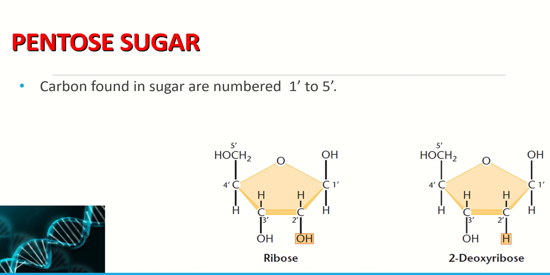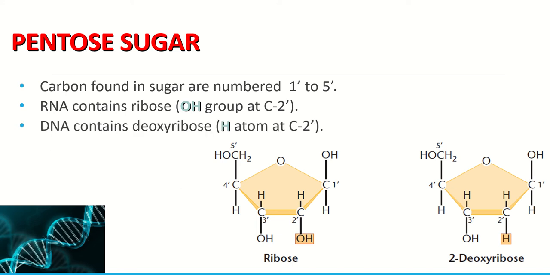The pentose sugar has 5 carbon atoms in its structure, and they are numbered from 1 to 5. RNA contains ribose, which has an OH group attached at carbon number 2. The DNA contains deoxyribose, and at carbon number 2 an H atom is attached instead of OH, so it is deoxy. The oxygen atom is removed, so you have two types of sugar,